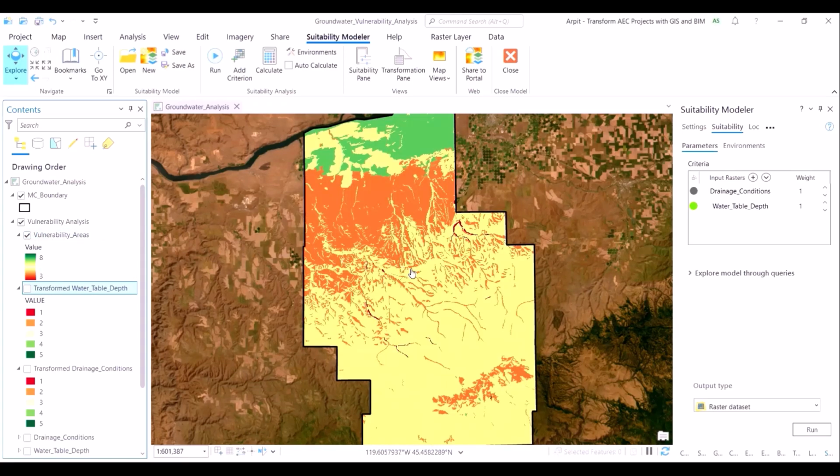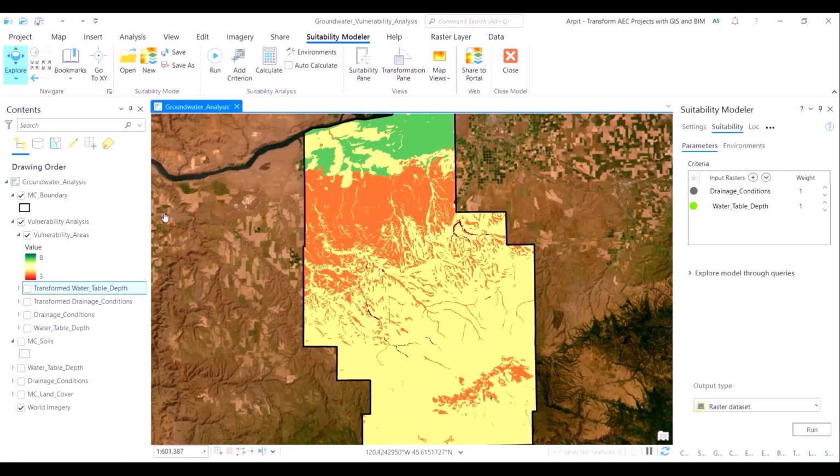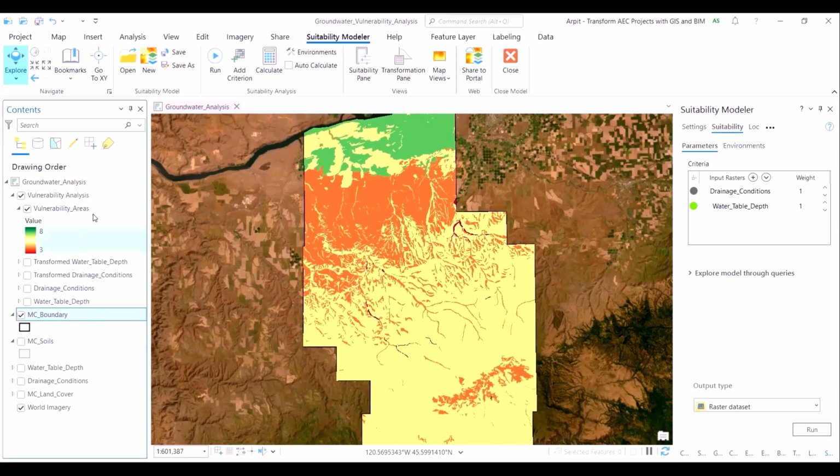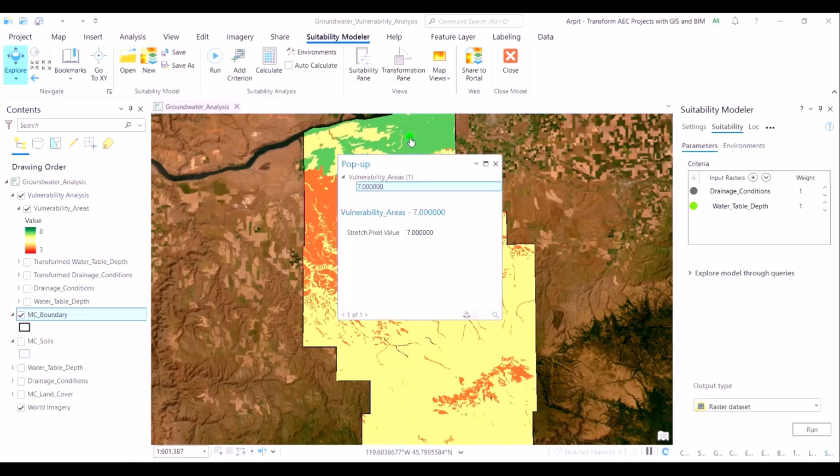As you mentally process this map view, you will realize that the northern section of the area of interest, which was colored in dark green in the soil drainage transformation, has now lightened in shade considerably because of the impact of the low suitability score from the water table depth transformation. In the legend, you will see that the pixel values range from a minimum of 3 to a maximum of 8. Remember that both the layer values were scored between 1 and 5 in their individual transformation,